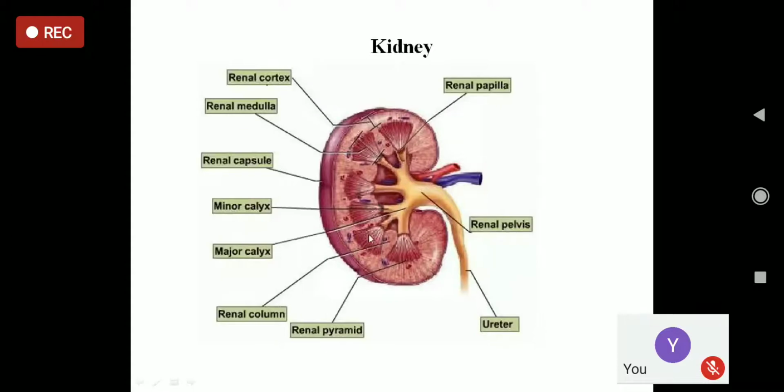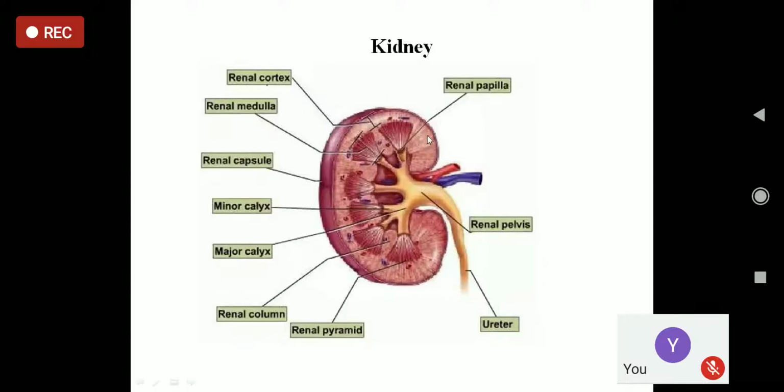This figure is a diagram of a kidney. So you see there is some problem in the figure. I'll tell later. Actually, this portion which is light in color should be dark in color, and these portions should be light in color. Now I cannot do anything because I downloaded the figure only.